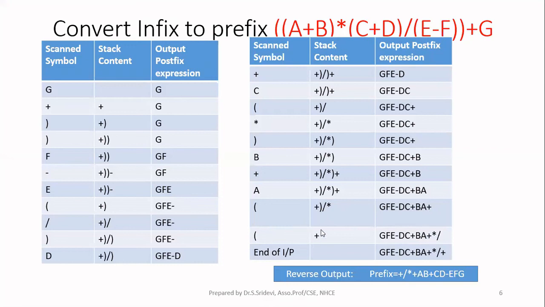Now on the top of the stack, you have only plus now. After that, in your input, you don't have any other character, end of the input is reached. When the end of the input is reached, pop whatever is available on the stack, and while you are popping, concatenate them to the already existing data. So only plus is there, I am popping it and writing at the output. My stack is now empty. So there is nothing in the input and also your stack is empty. So stop your process and now you are going to write your answer.